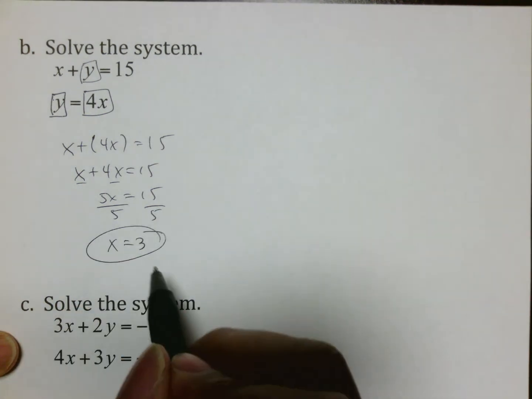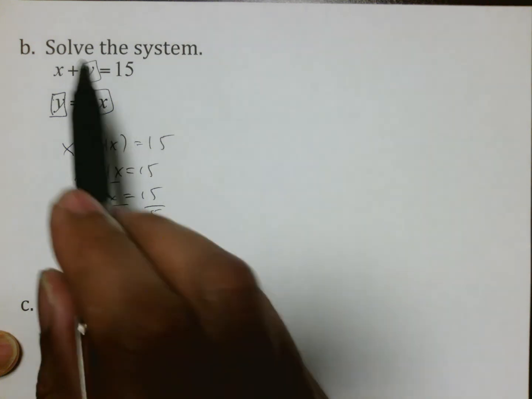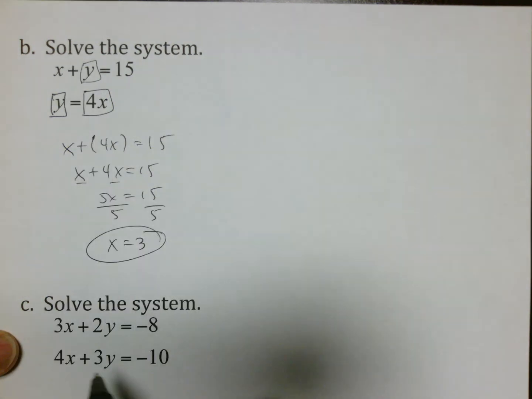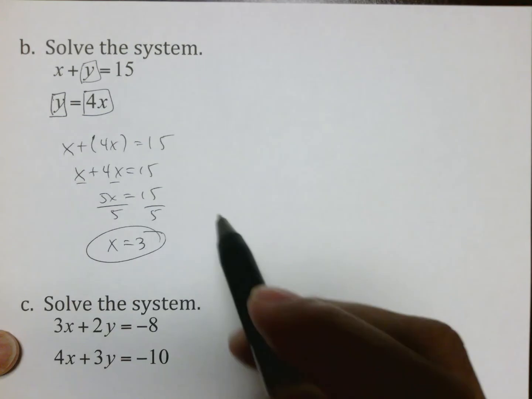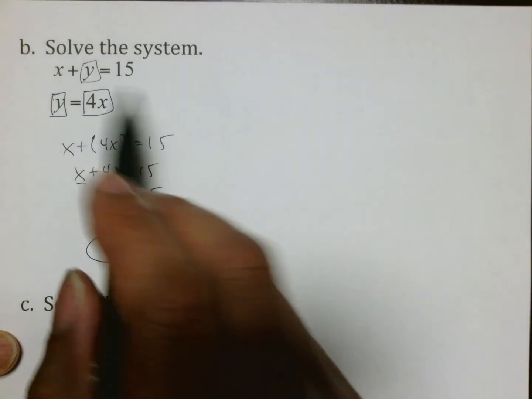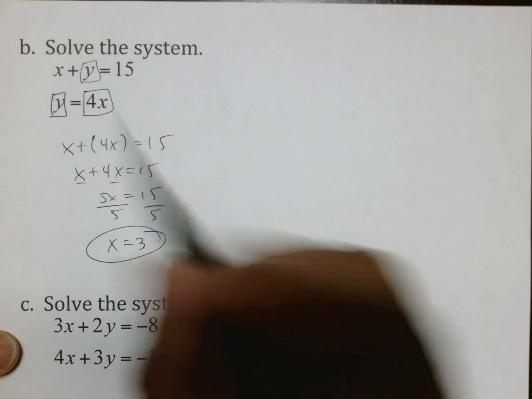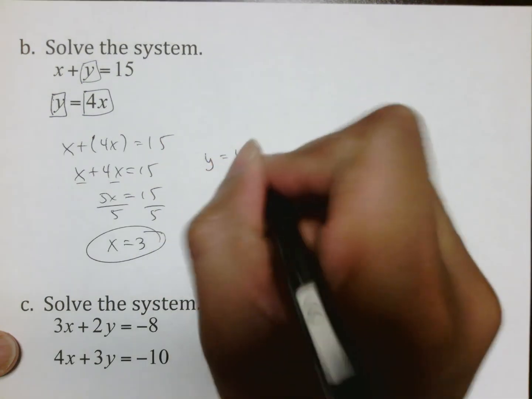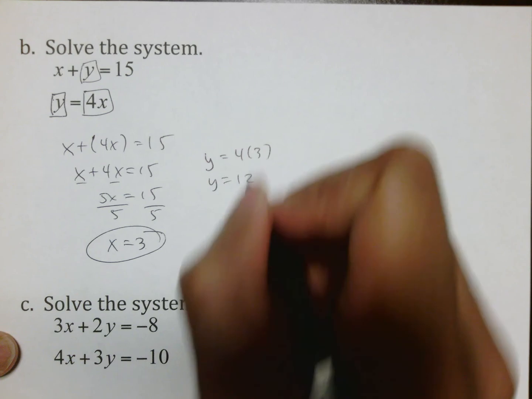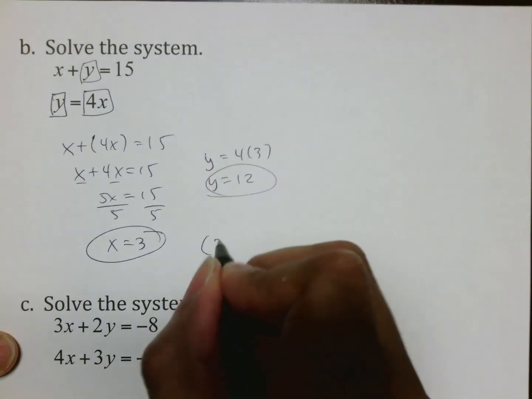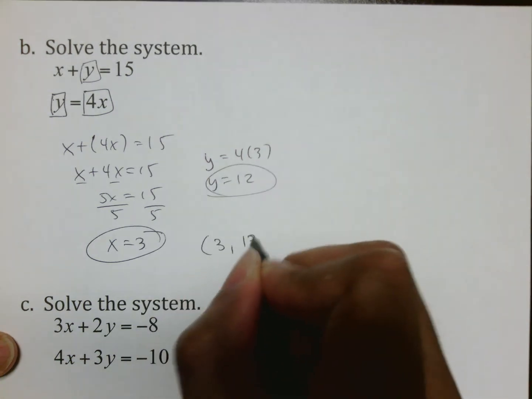You cannot stop here on the test because we need both answers. That's why it says solve the system. It doesn't say find x, it says solve. And so you now got to take that 3 and plug it back in. Remember, it doesn't matter which one you plug into, but the easiest one for substitution is the one with the 2 boxes. So y equals 4 times 3 is the best one because it gives us the answer of 4 times 3 to be 12. And you put it into an ordered pair as 3